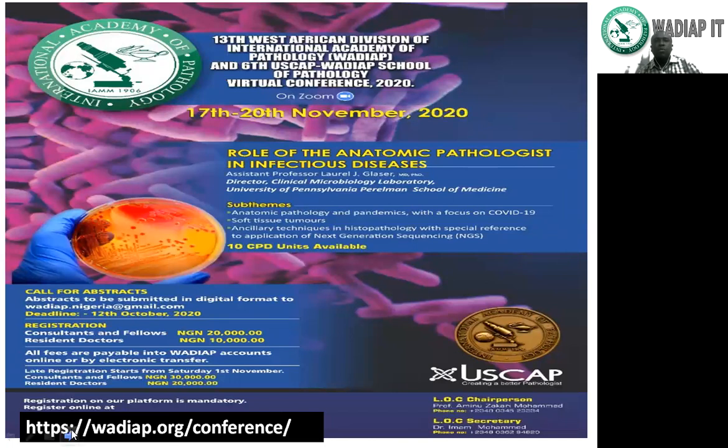This program will hold from 17th to 20th November 2020 via Zoom. And the theme for this year is Role of the Anatomic Pathologist in Infectious Diseases, with the sub-themes Anatomic Pathology and Pandemics with a focus on COVID-19, soft tissue tumors, and ancillary techniques in histopathology with special reference to application of next generation sequencing. This conference will attract 10 CPD units, and you can register for it via